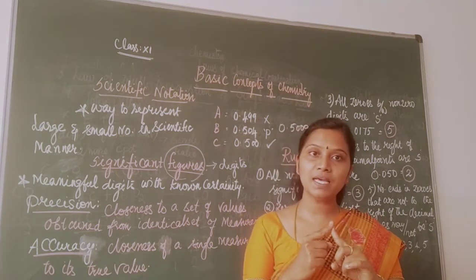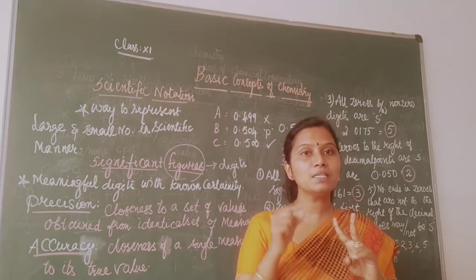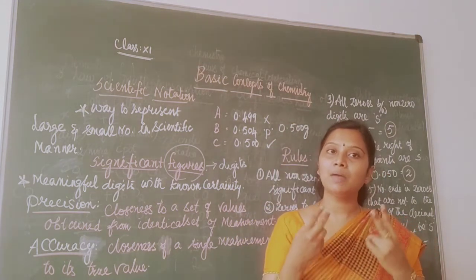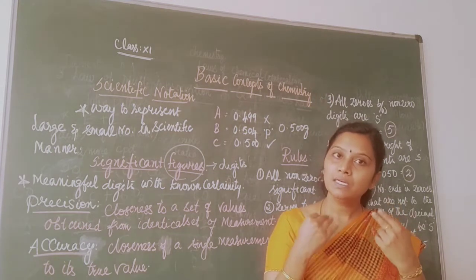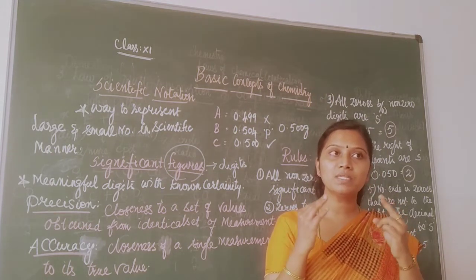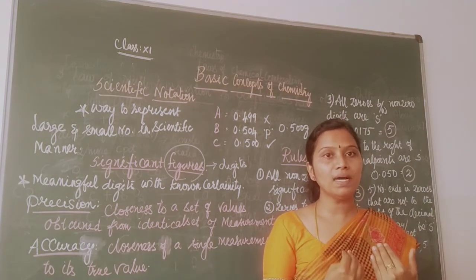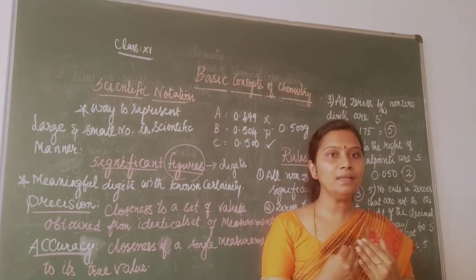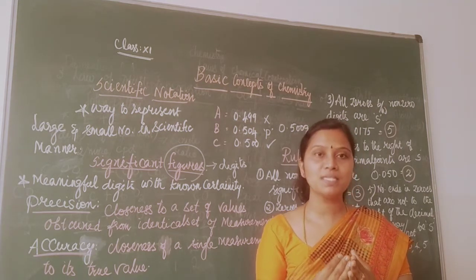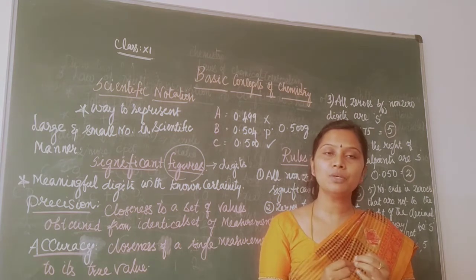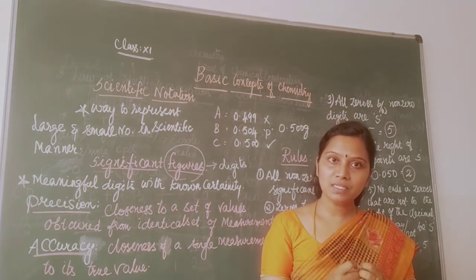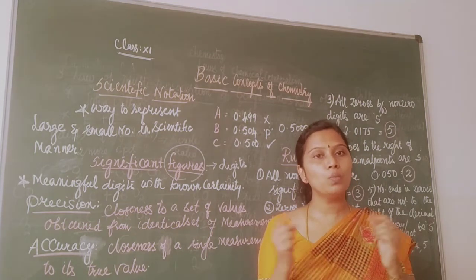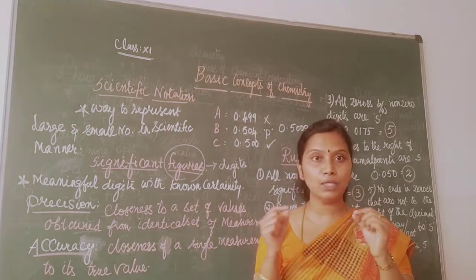So what is precise and what is accurate? Precise is closeness to a set of values which is performed under identical conditions. I am also doing the same experiment. I am using the same laboratory facility and the same water bath, and I have got the answer. Provided my student also has got a very close answer to mine, then I am going to call that particular experiment precise. What is an accurate measurement? When my experiment result coincides with the standard experiment result all over the world, then I am going to call that an accurate measurement.